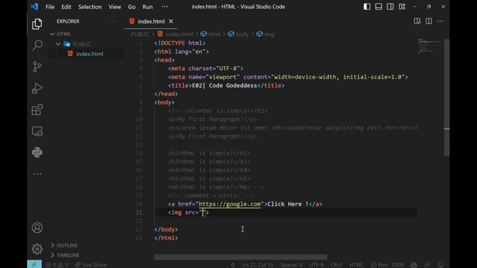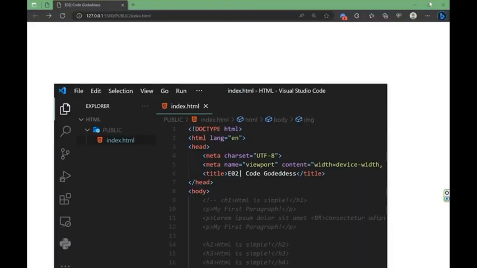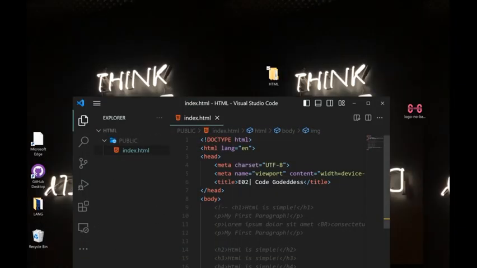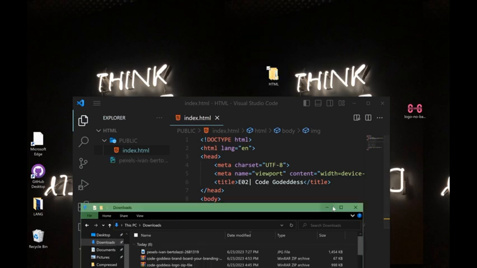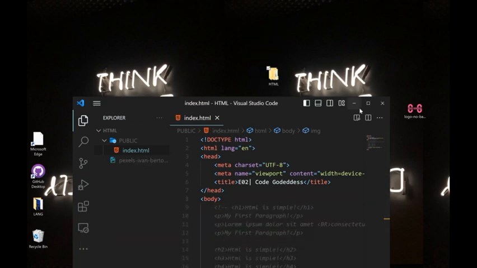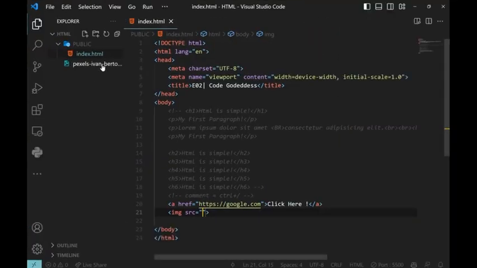Let's try. Okay, we can see that now. I dragged it to our folder. Okay, it's our image. We should just type a slash